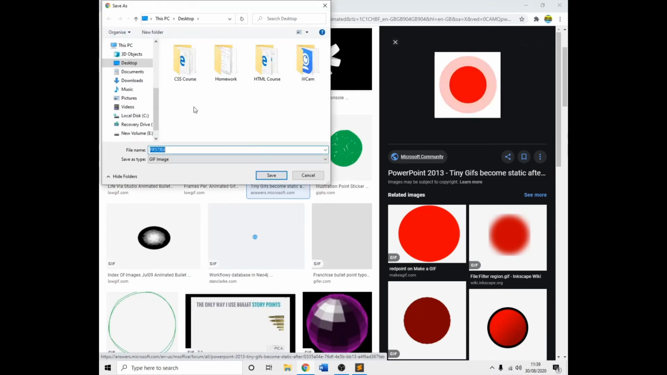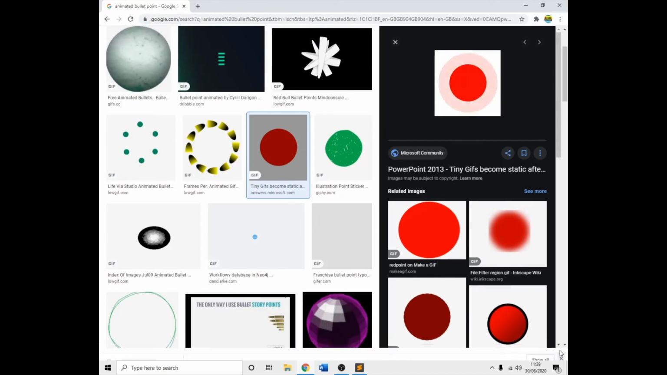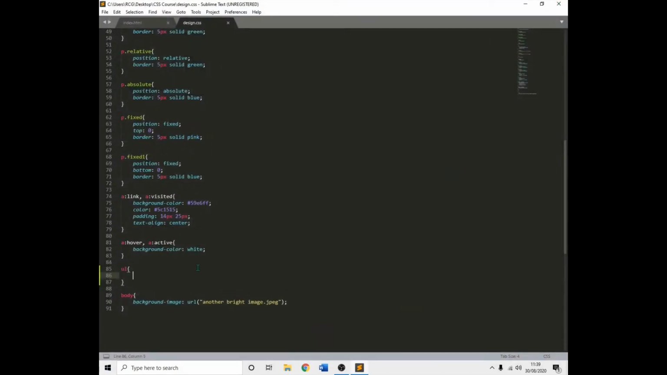So if you just do save image as, go into the CSS course right here, and then just name it red. So just make it simple. I don't want to make it too complicated for just a file name. So all we have to do is just do list style image, then do URL, then do quotation marks right here, and if you do red.gif,